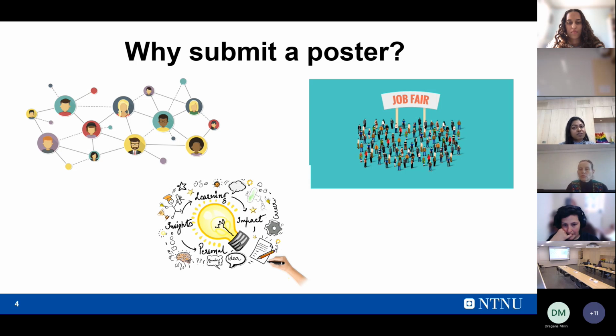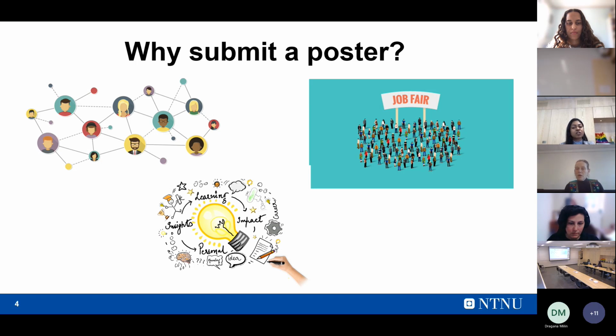And one potential way of doing that would be to submit and present a poster at the conference. As I previously mentioned, this is a wonderful opportunity to build your network, to gain new connections, listen to interesting talks and tutorials. There will also be a career fair, and this is also an opportunity to take part in the various social activities that we have planned. So overall, I think it's a very interesting and exciting few days that we have planned for the conference.